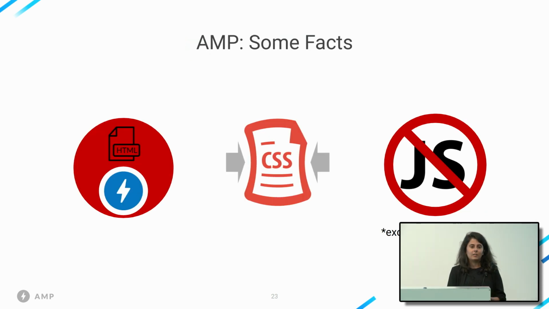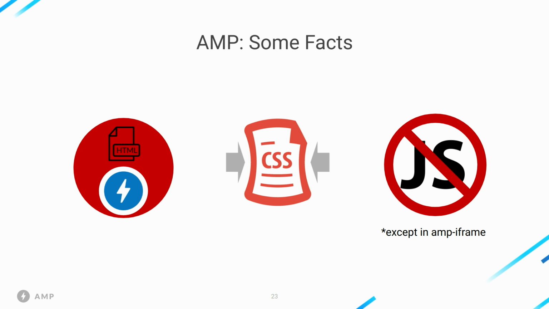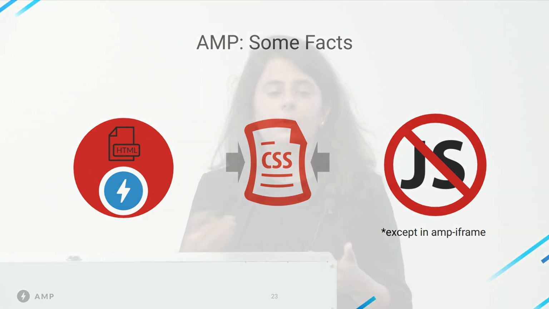And how does AMP get that speed that we're so proud of delivering to our developers as well as to our users? It does so by imposing certain constraints. First of all, like I mentioned earlier, you only have a restricted set of HTML components that you can use. So if you're using an image on a normal vanilla HTML page, you would use an AMP image, which poses some constraints just to make sure that your users have the best experience possible. You then also have a limited amount of CSS that you can render, 50 kilobytes rendered in a style tag as it currently stands. And then you have no custom JavaScript allowed outside of an AMP iframe. But we'll talk about that in a little bit more.